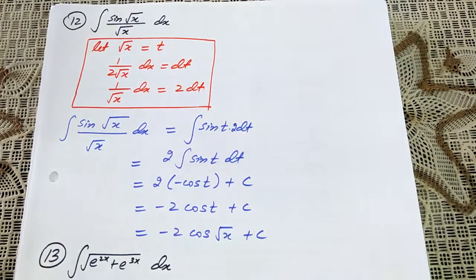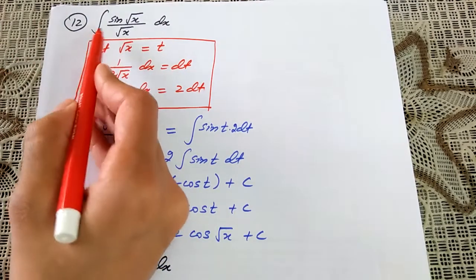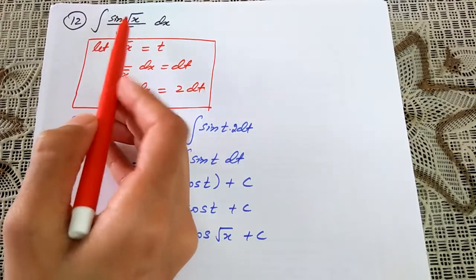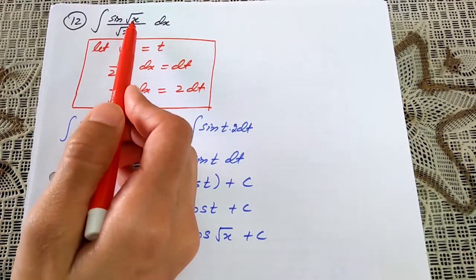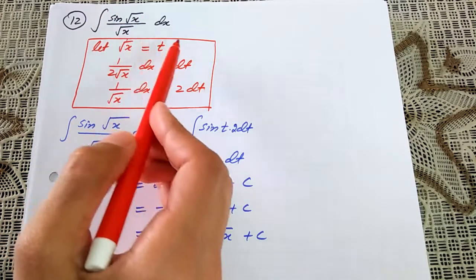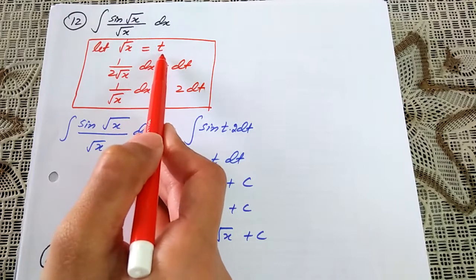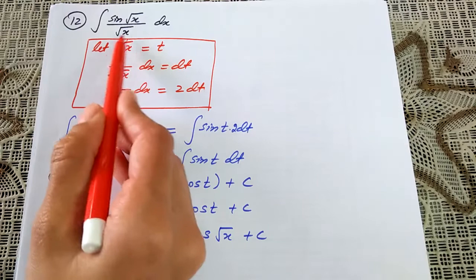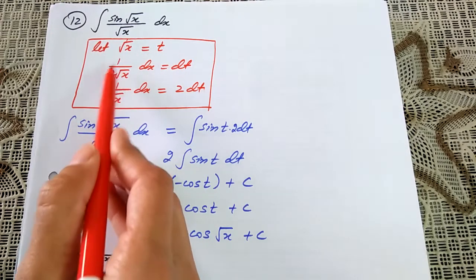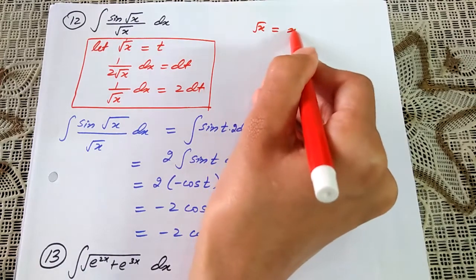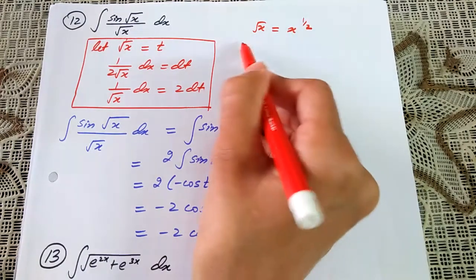Question number 12. Integration of sine of square root of x divided by square root of x. Due to this square root, I cannot say anything about how I am going to find its integration. So just let this square root equal t. Take the derivative on both sides. This square root of x will give us the derivative 1 over 2 square root of x, because square root of x is x raised to power 1 by 2. If I take its derivative,